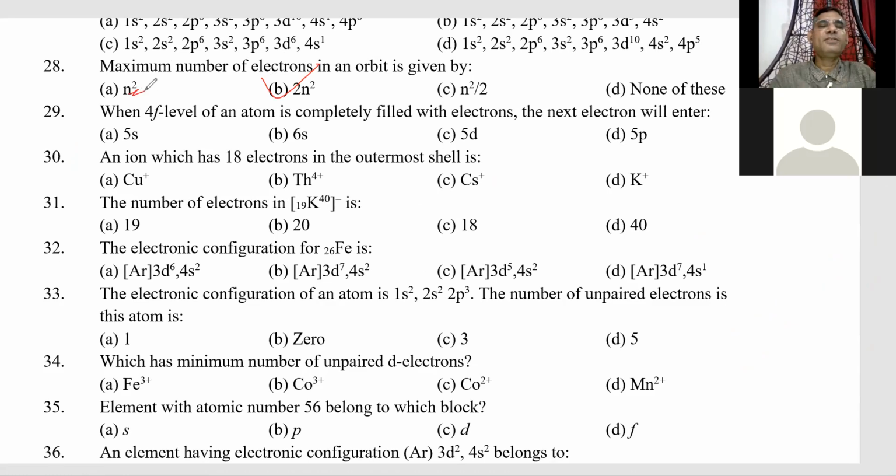5d. Which one? 5d. About 29. Okay, 4f. 4f is 70. After 70, what will be coming? 5d. Good. An ion which has 18 electrons in the outermost shell is, which one is having 18